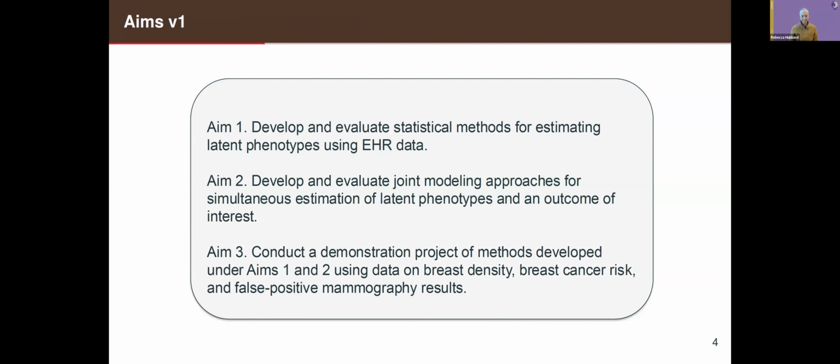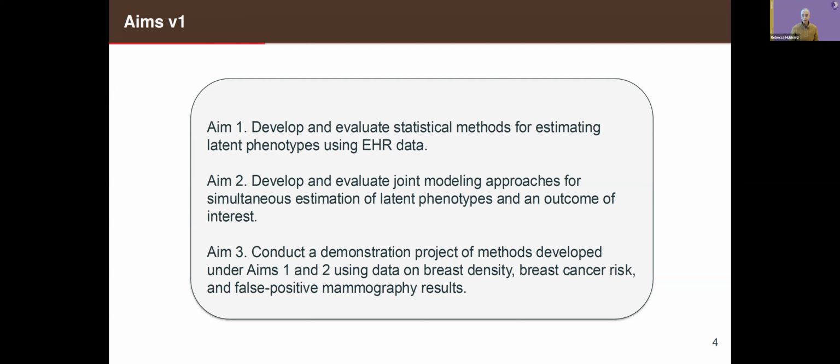And I think if you've participated in research for a little while, you know that nothing ever goes in a straight line. And particularly when we're talking about grant funding, it's rare that things go the way that you expect them to go. So these were the aims of the original grant that I had proposed.